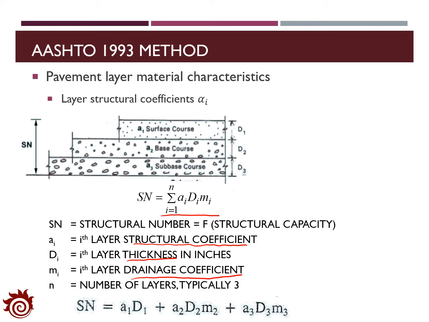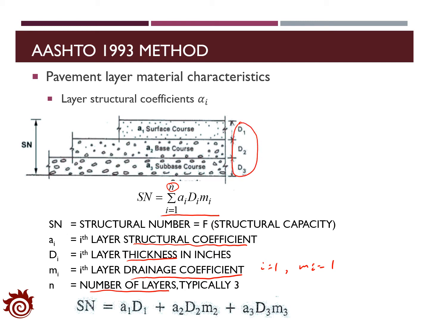Usually for the surface course, say i equals 1, we have Mi equal to 1. In addition, in this equation, n is the number of the layers. Usually we set n equal to 3. With that, we have Sn equal to A1 times D1 plus A2 times D2 times M2 plus A3 times D3 times M3. And this equation is applied for us to find out the thickness, which is D1, D2, and D3